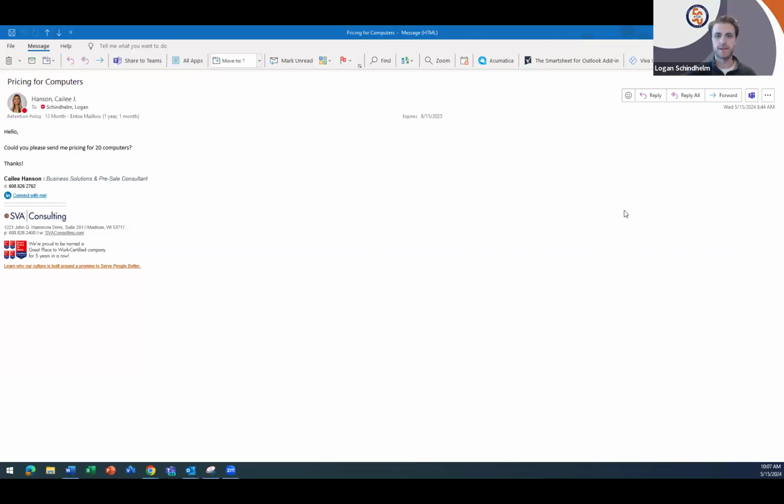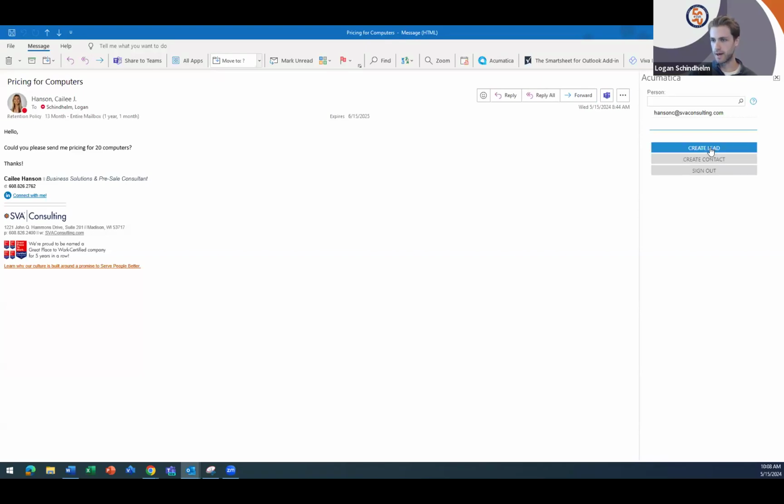And so to start today's demonstration, I'll actually be starting within Outlook, demonstrating the Outlook add-in for Acumatica. And so this process, what I'm going to go through, is going to work the same if we create a lead via this method or directly through Acumatica. But just to show that Outlook add-in functionality, I'll go ahead and start here within Outlook. As you can see, I got an email sent to me here for 20 computers pricing from Kaylee. With that, you'll see at the top right-hand corner, we have this Acumatica extension logo. If I go ahead and click into that,